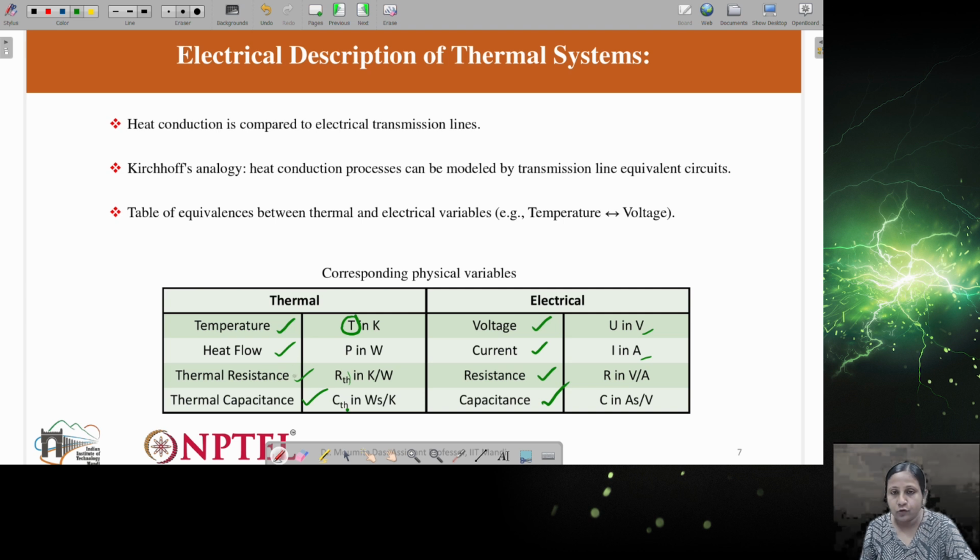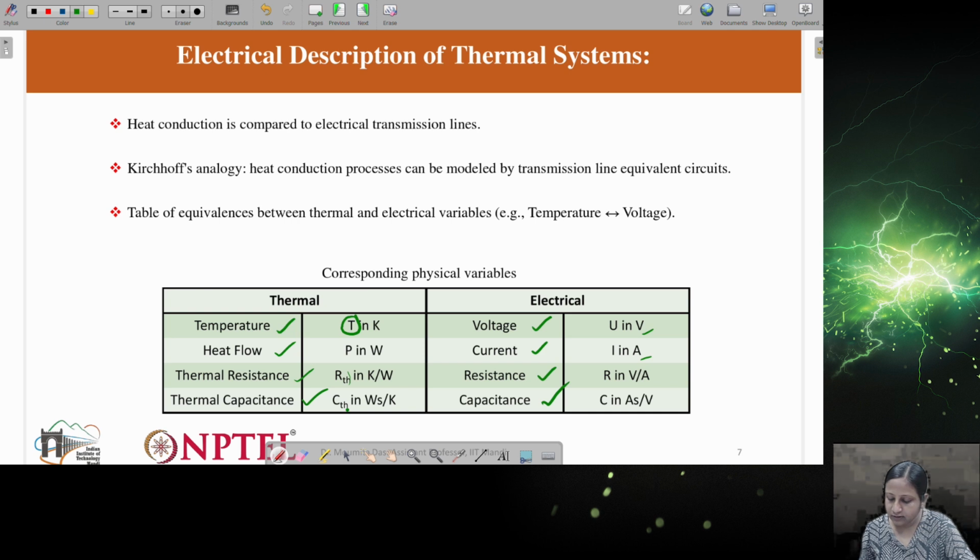Now heat flow, which is generated as the power loss, we can consider as the current in the electrical parameters. Current flows from one side to the other, input to output. Here, heat flows from the particular component to the ambient. In between there will be thermal resistance, and it flows through the thermal resistance.